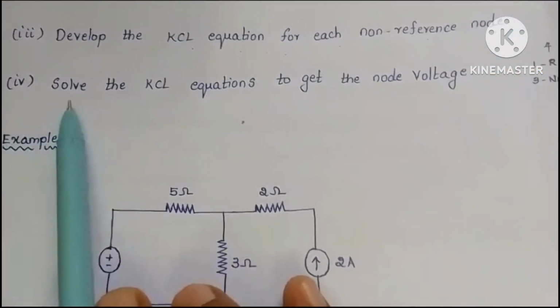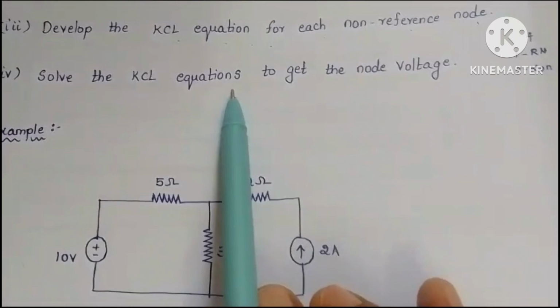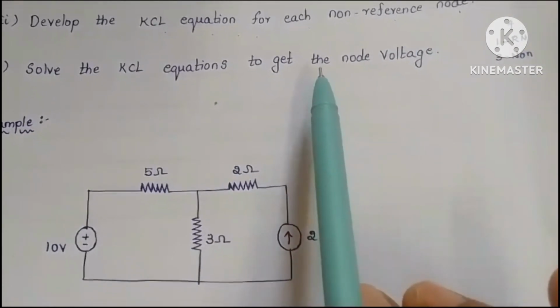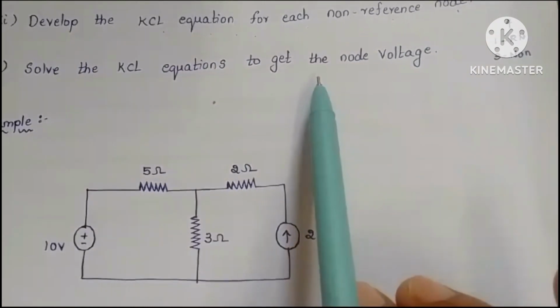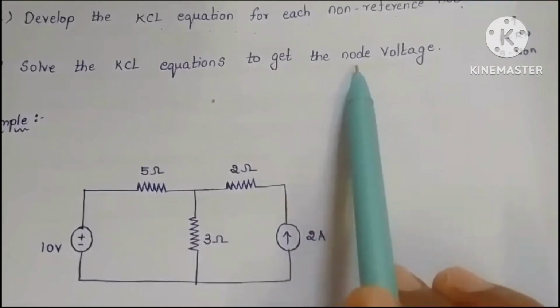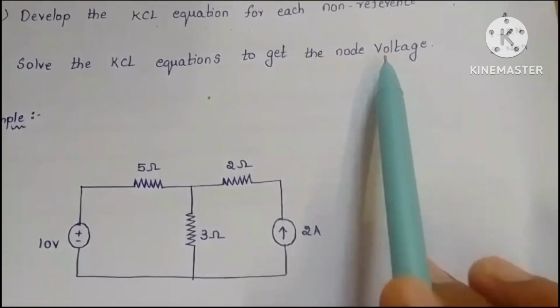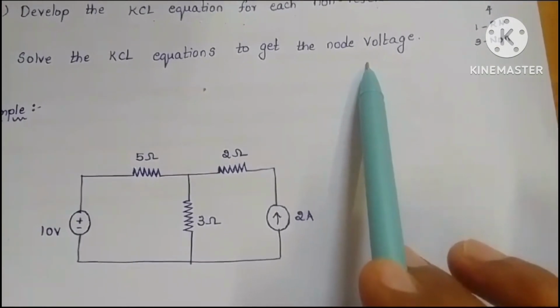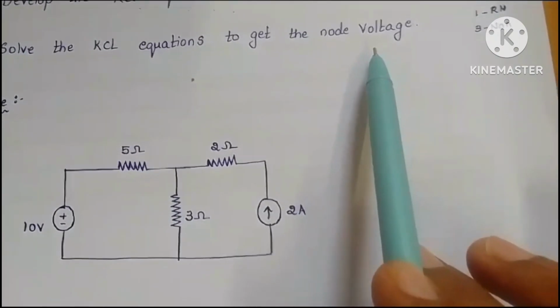The fourth step is to solve the KCL equations to get the nodal voltages. Once we get the equations, on solving those equations we get the nodal voltages, and depending upon the voltages obtained by the nodal analysis, we are going to find out the parameters